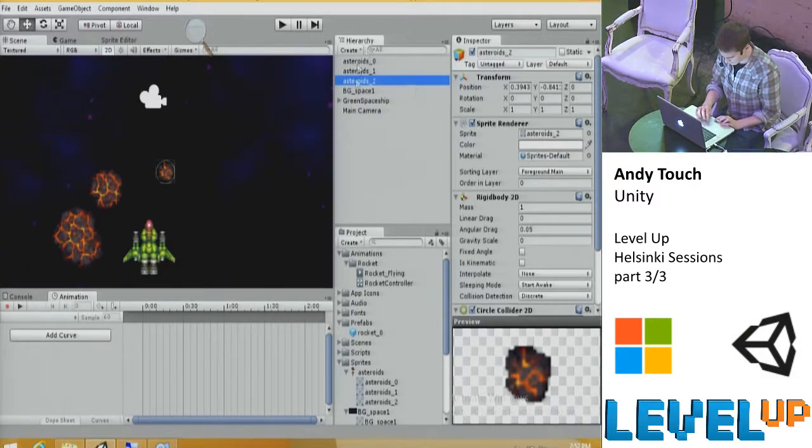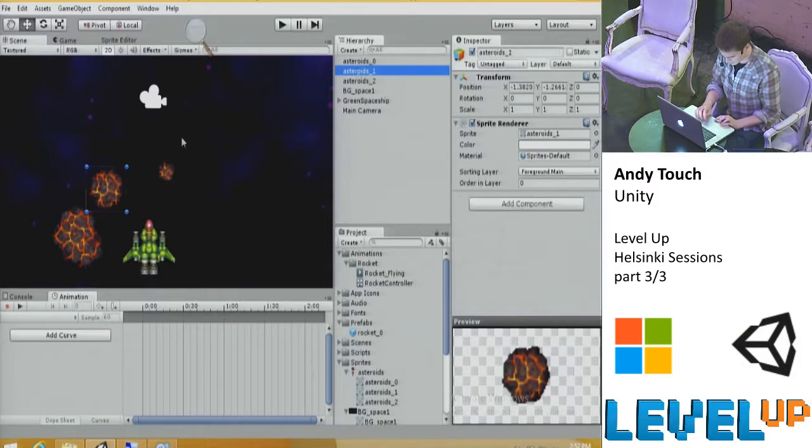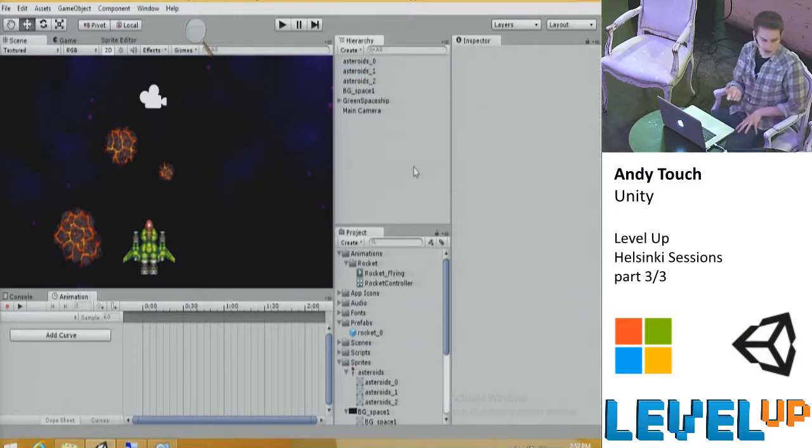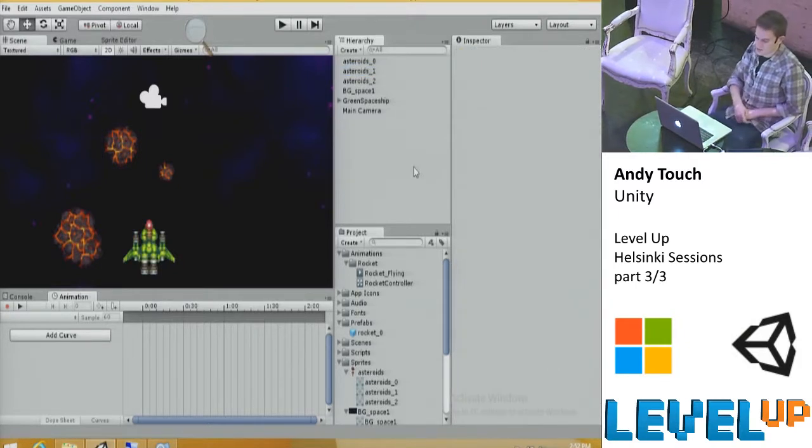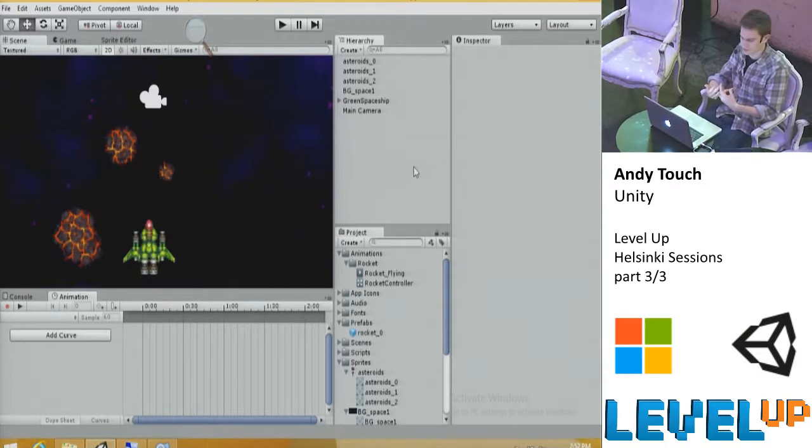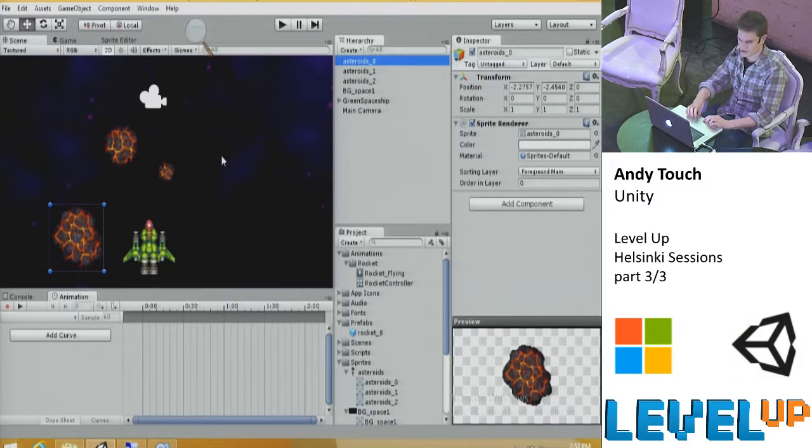I'm now going to focus on the next asteroid, and I'm going to do pretty much exactly the same thing. Now, another little trick in Unity is, as we're starting to build up our scene and we have lots of different components, it's a bit of a nightmare to navigate around. So one little trick you can use is F for focus. If I select, for example, asteroid 0, and I want to focus in on that particular object,